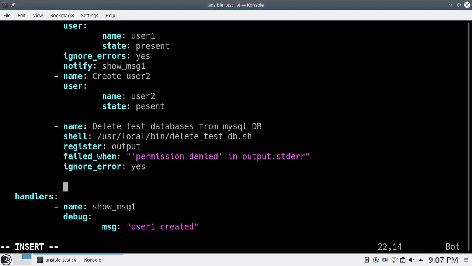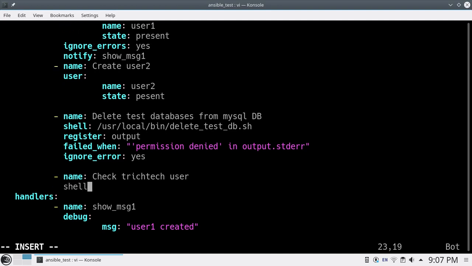Now we will see one more option, that's related to the shell module. So let's do name: check TreachTech user. Now you are using the shell module here and you are running a command called id TreachTech.